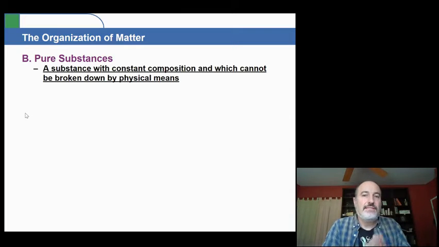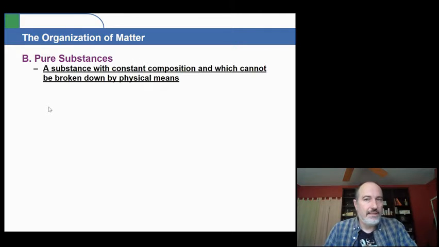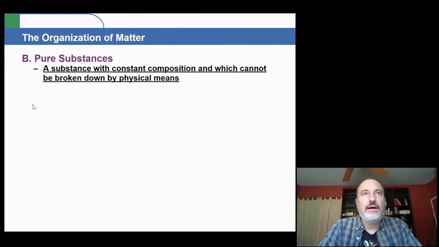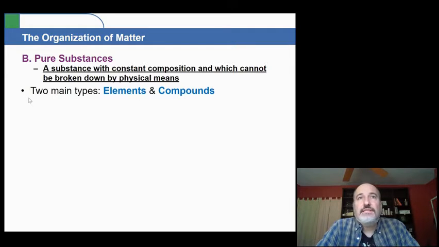That's a pure substance. It's a compound, as opposed to mixtures that are not constantly composed. You can talk about a mixture like a pizza. Pizza is a mixture, and no two pizzas are exactly identical to each other, okay? But you can still recognize it as pizza, but it doesn't have a constant composition. Now, two main types of pure substances are elements and compounds.